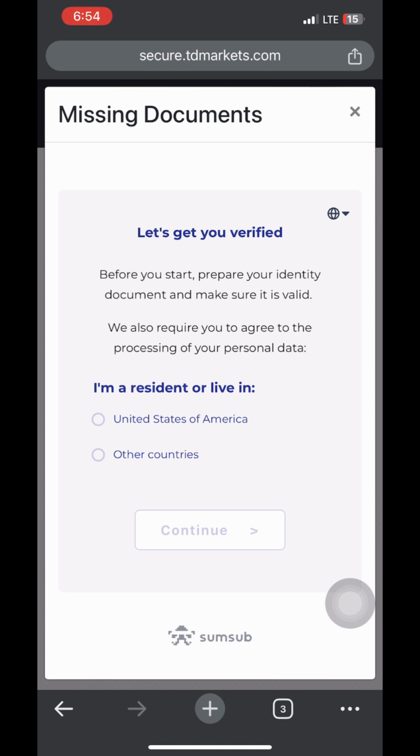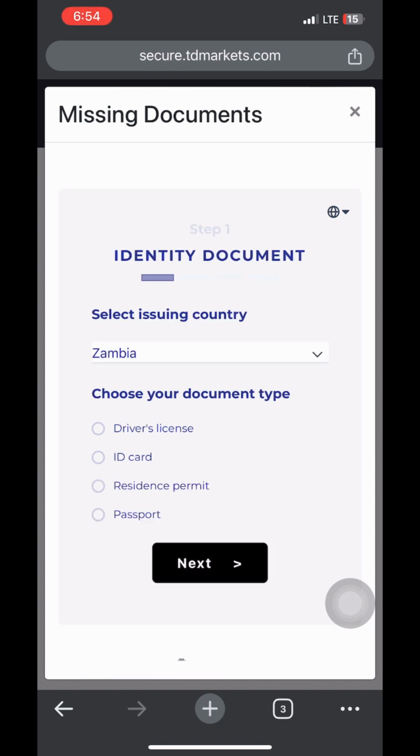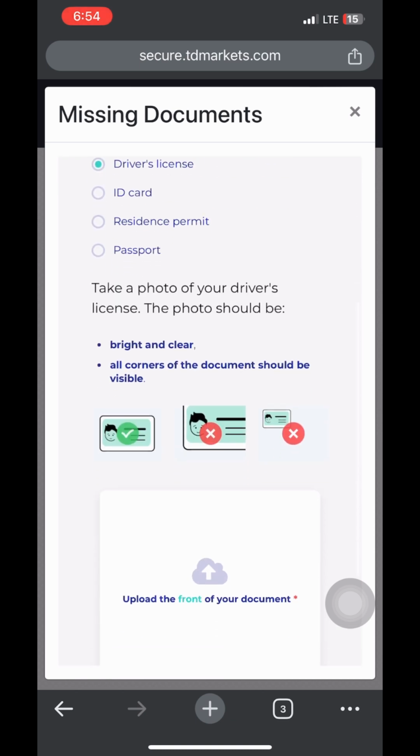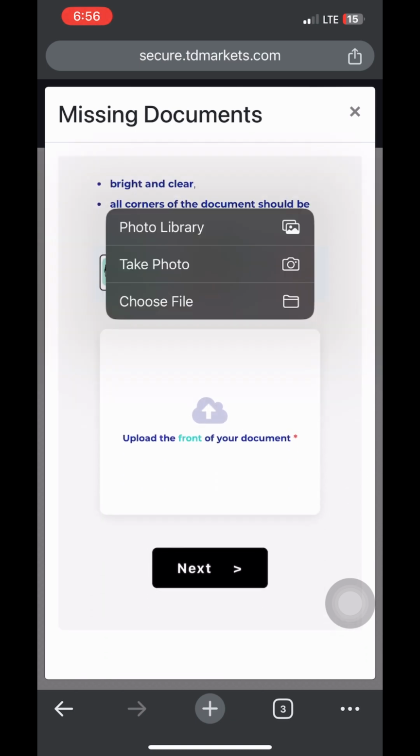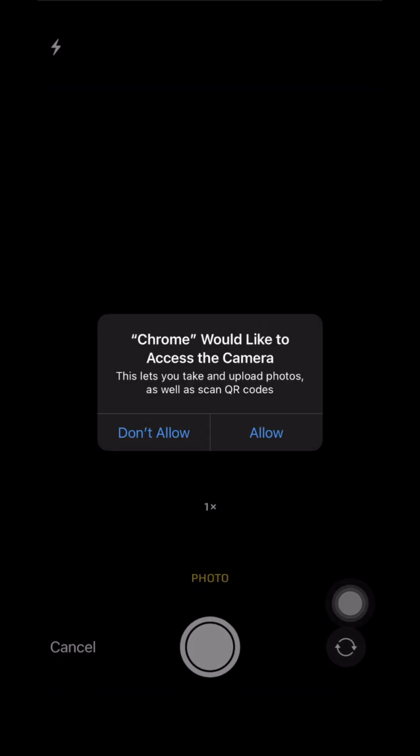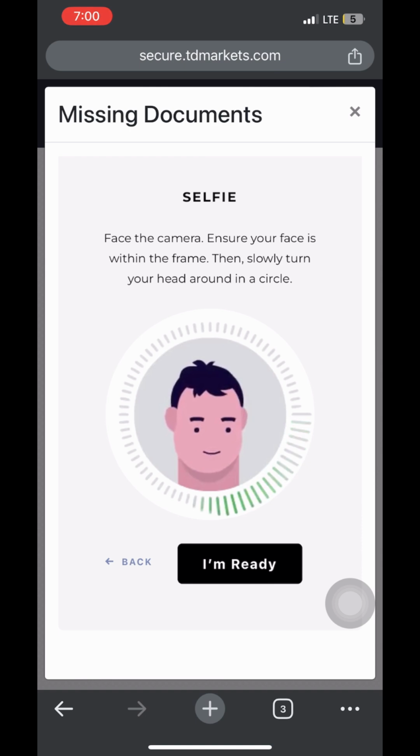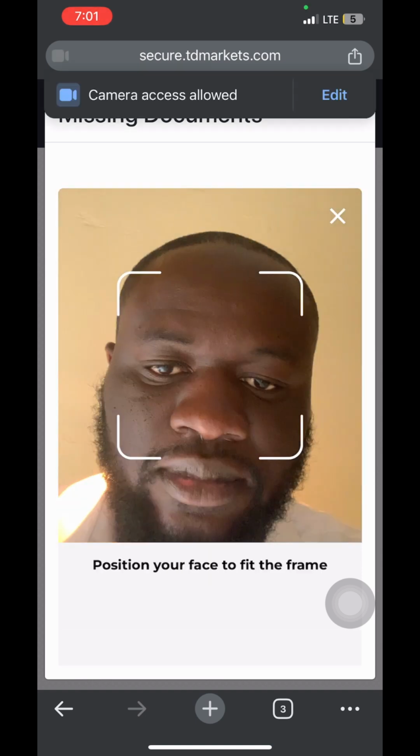Very important process. I want you to follow me closely here. We're going to use our ID. In this case, we are going to use our driver's license. So you can just scroll there and upload it, or you can just capture it. Allow your camera to capture it. You can capture it like that, and you're going to go on to the next stage, which is your face